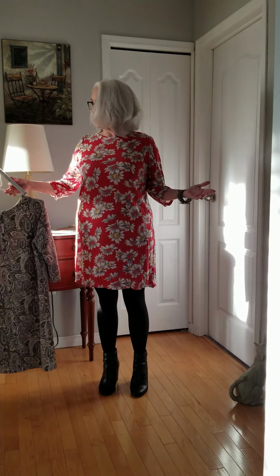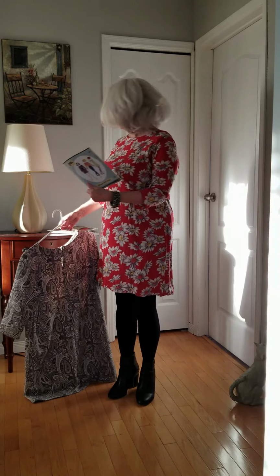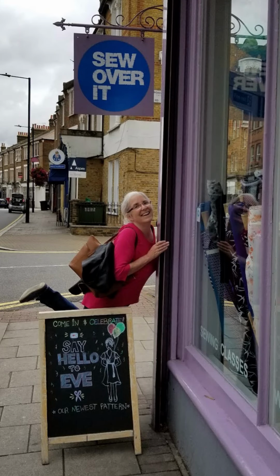Hi, guess who? This is my Sew Over It Ultimate Shift Dress. And I have 3 of these. Probably one of the first things I made. My husband and I went to London to visit our daughter, and kind of a bonus for me flying. Yeah, don't like flying. But as a bonus for me making the efforts, my husband took me to one of the Sew Over It stores, and it was,